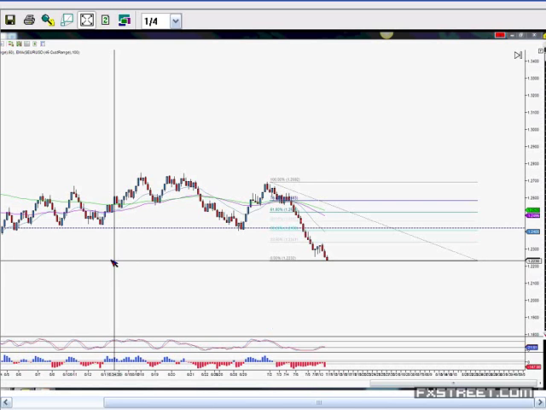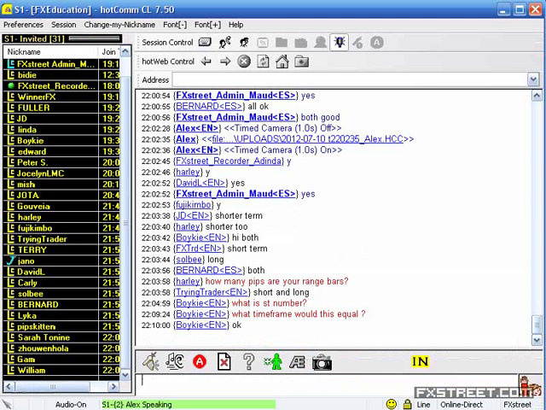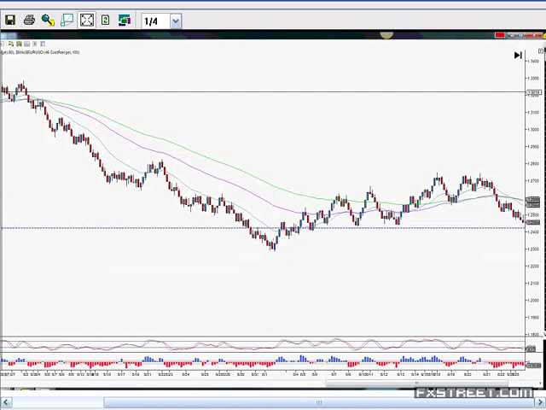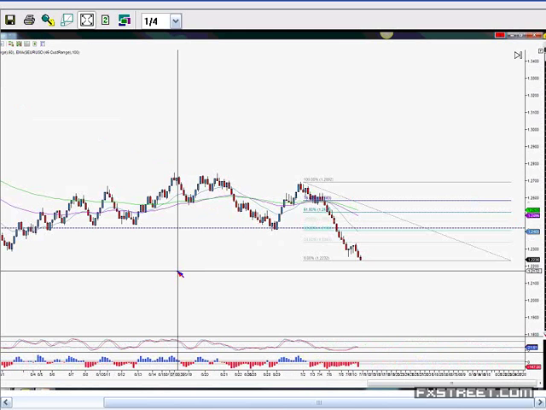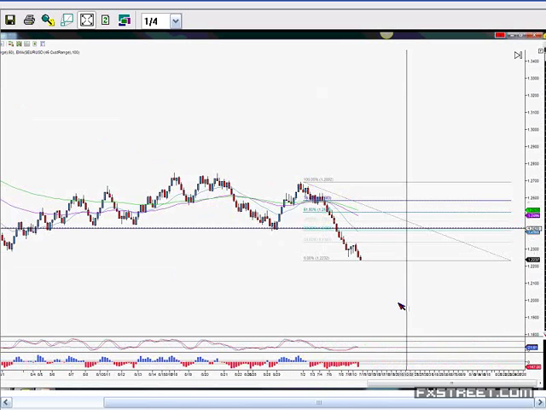So the first thing that we looked at here is we wanted to see momentum in the market. We wanted to see a bias. We have a bias. If we go back in the chart, we can see that we've come all the way down from 134 and actually beyond that. And we're down now to 122. So it's come 1,200 pips, which is a very bearish sign. We've got momentum in the market.